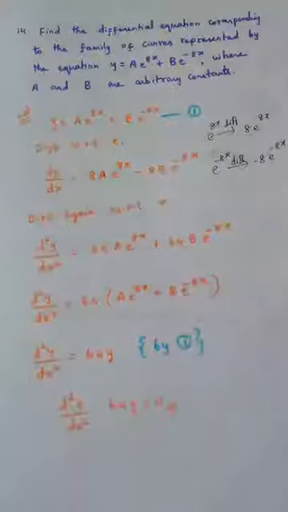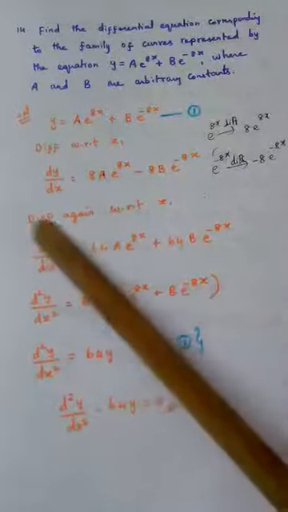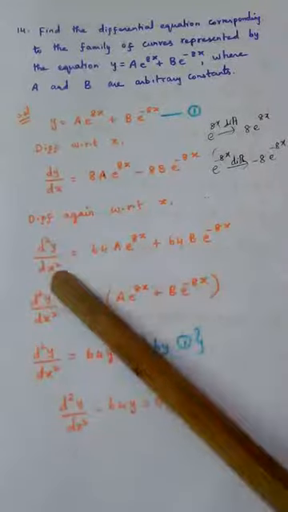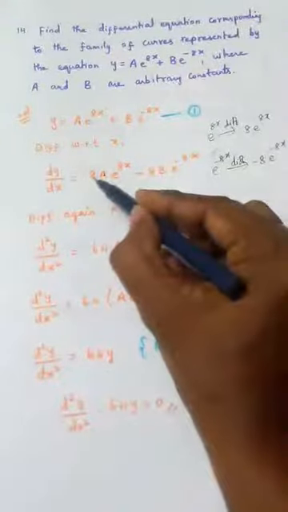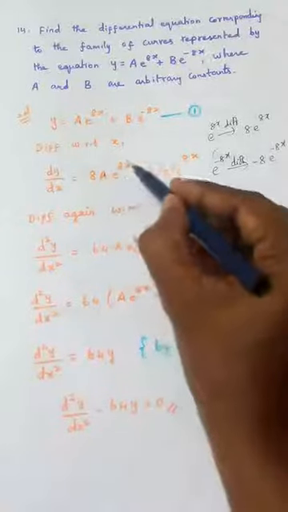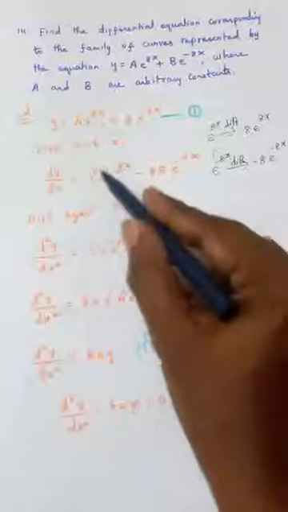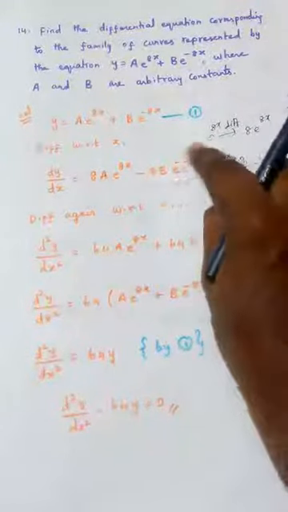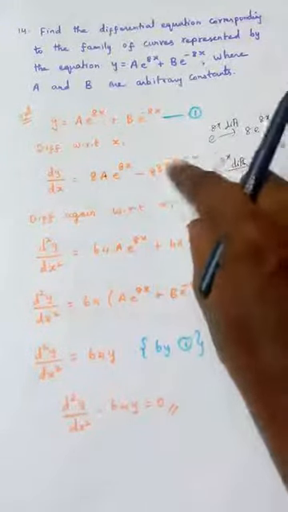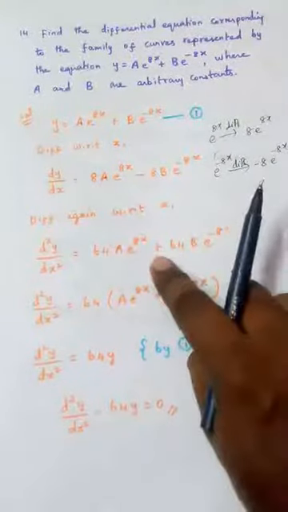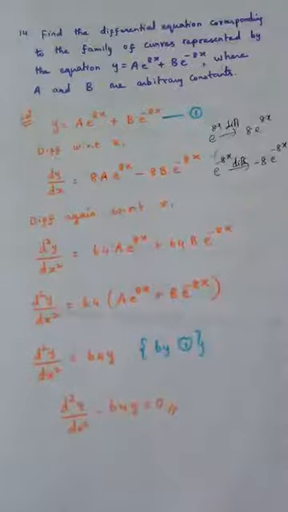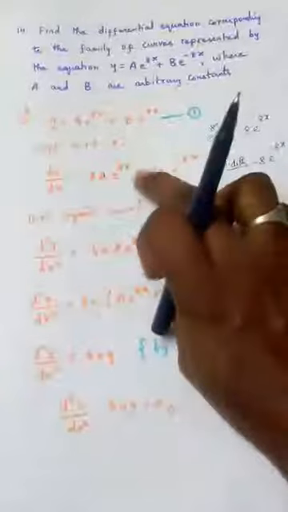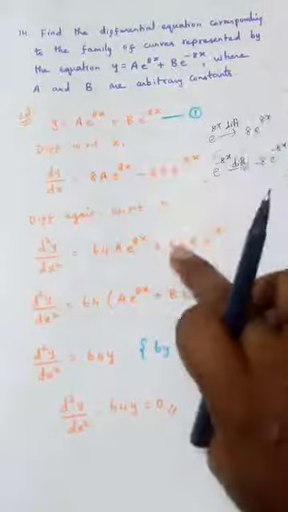B will remain. Since we need to differentiate 2 times for this problem, we are again differentiating with respect to x. So that dy by dx becomes d square y by dx square. When I differentiate this once again, 8a is constant. When you differentiate e power 8x, one more 8 will come. So it becomes 64a e power 8x. Similarly, b is constant. When you differentiate e power minus 8x, you will get minus 8 e power minus 8x. So already minus 8 present, so it becomes plus 64b e power minus 8x. Hope you are understanding. The same formula again we are applying. Minus 8 will come, already minus 8, so minus 8 into minus 8 becomes plus 64.